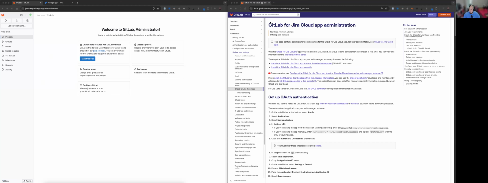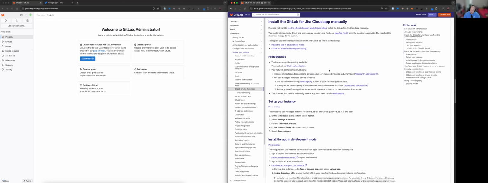Currently, I'm on the GitLab for Jira Cloud App Administration page. We want to install the GitLab for Jira Cloud app manually for our self-managed instance. There are two ways of doing this: you can install it from the Atlassian Marketplace, or you can install it manually. Installing it manually is what we're going to do today. So if we jump down to that section,